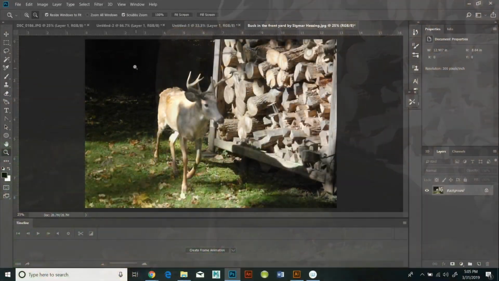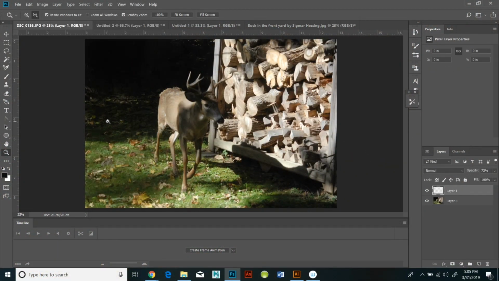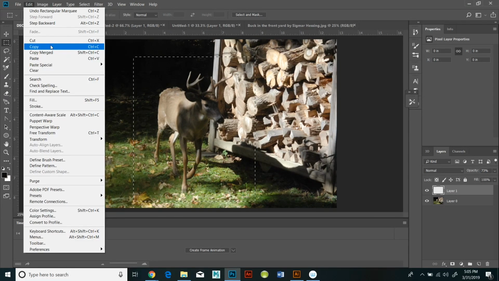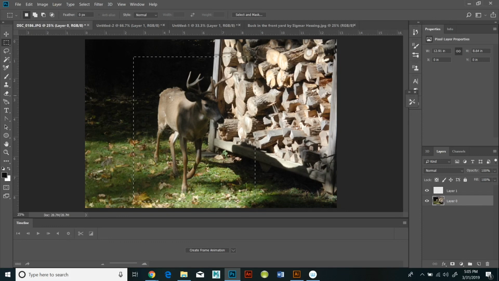The first thing I did was I drew a rectangular marquee around the deer, and I copied it, and then I pasted it into the layer above the original photo. I then hid the original photo by clicking the little eye next to it and just worked in the top